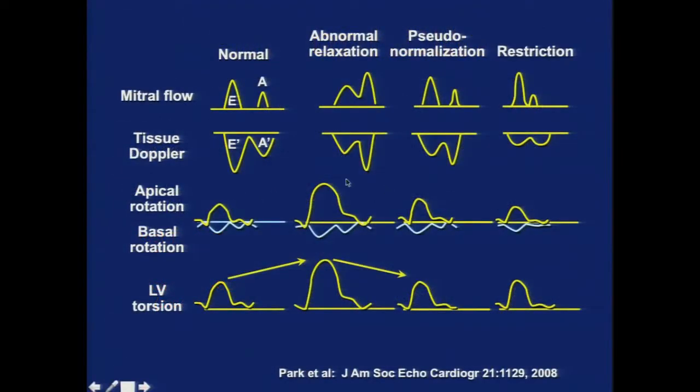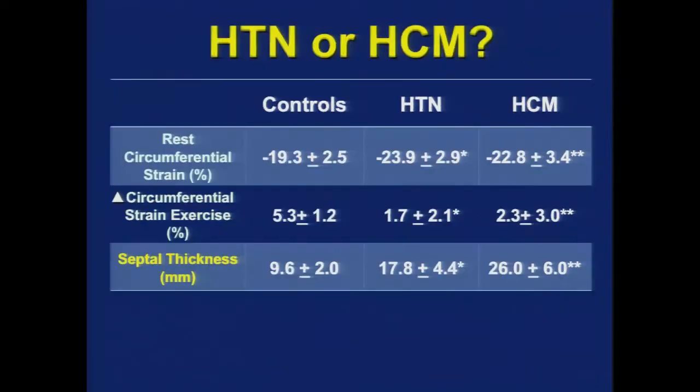Remember we said that when longitudinal strain is depressed, that rotational or circumferential strain may be augmented in order to maintain systolic performance? And this is exactly what you found. That compared to controls, remember their longitudinal strain was depressed, but circumferential is augmented. And so they have that sort of parameter of function that we were talking about earlier.